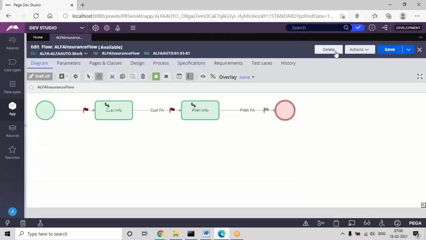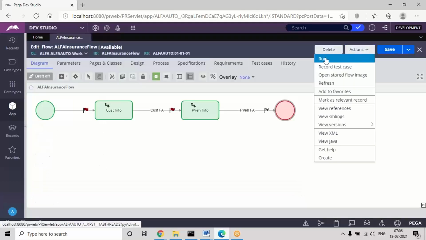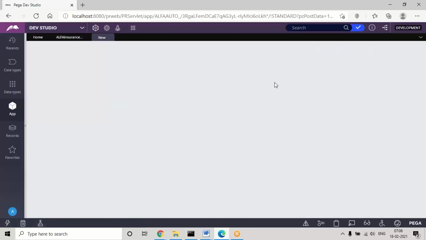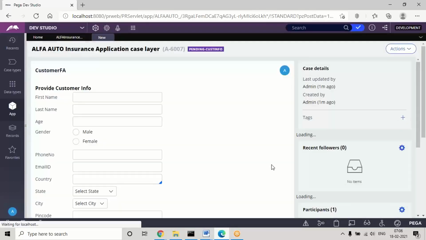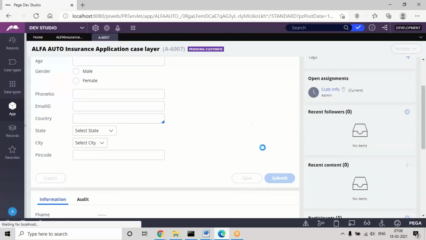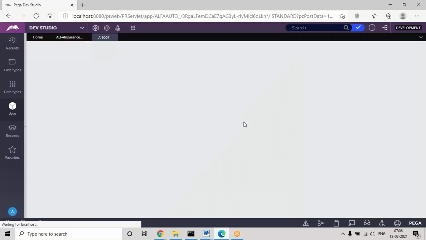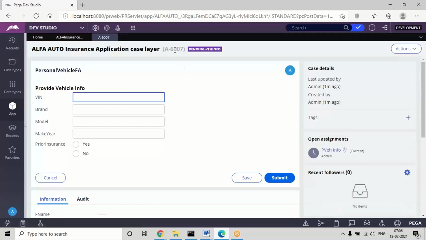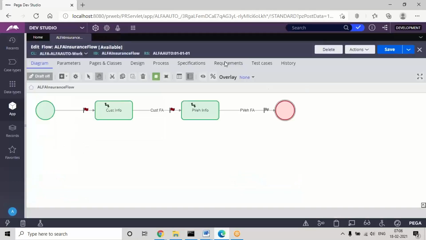Like that I'm going to add multiple entries with different statuses. For example, next time I'm going to close the transaction at pending vehicle info itself. So this ID is there, right? I'm closing the work ID here itself. If I close the work ID at this status, this transaction is closed at pending vehicle info.